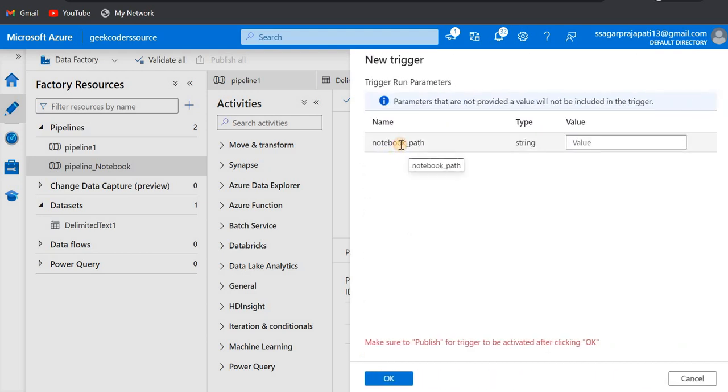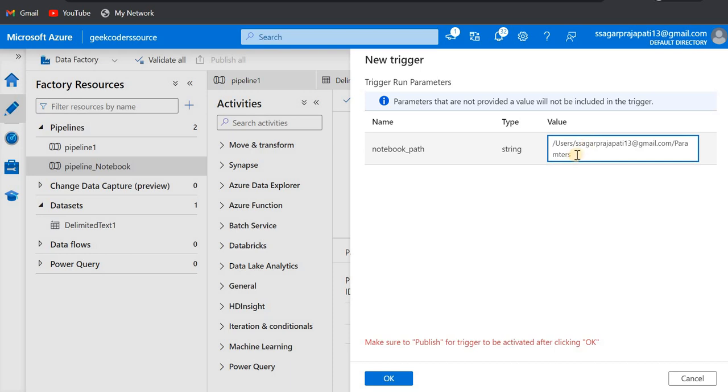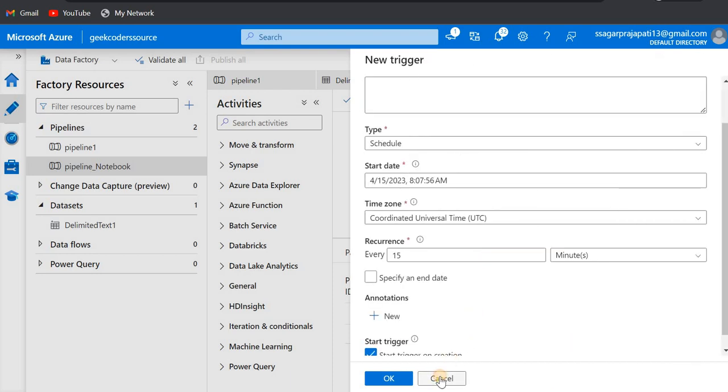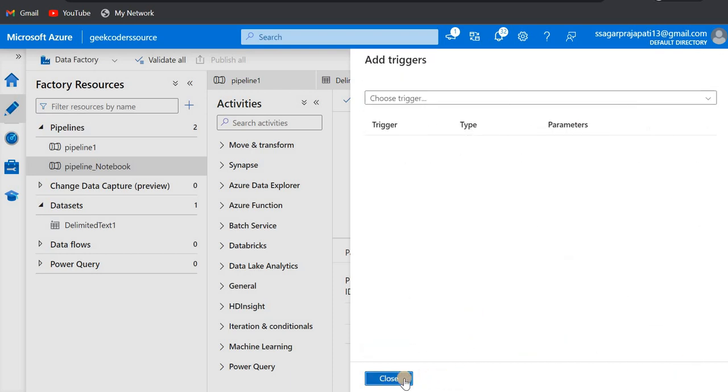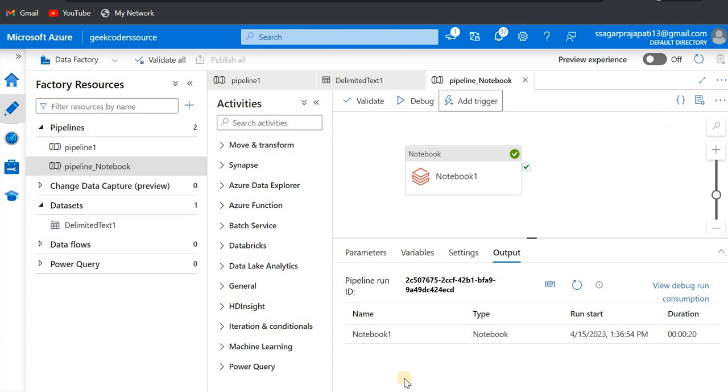Now you can see it will ask for the notebook path, the parameter. So you can pass some different notebook. Suppose I have a notebook called Key Vault, right? You can pass this notebook also, and XYZ notebooks also. So this is the way you can reduce multiple notebooks or multiple activities. I hope you have got this idea,